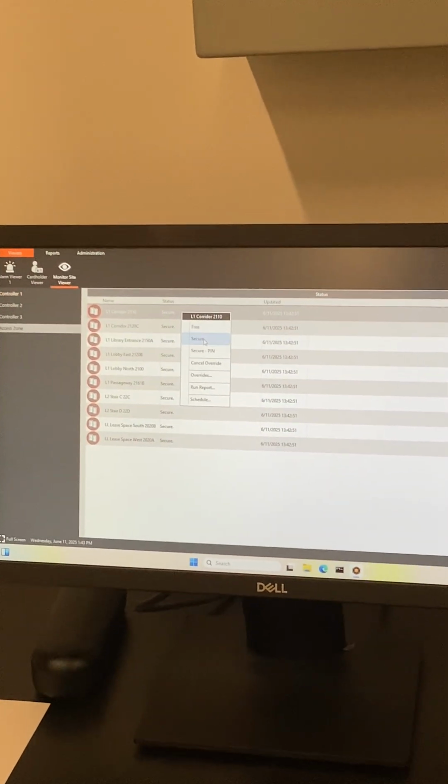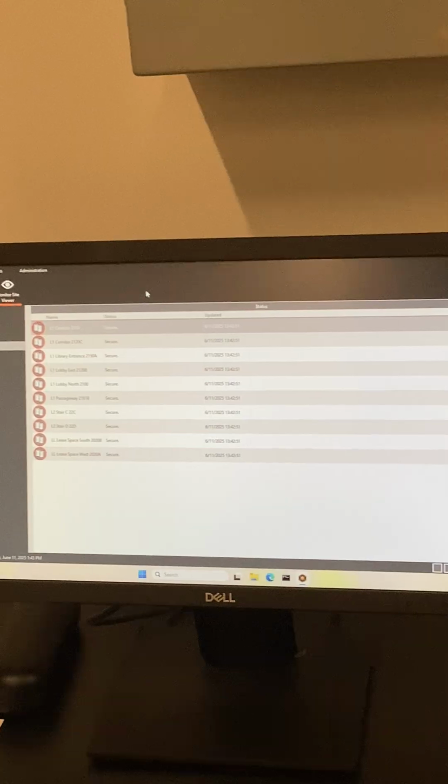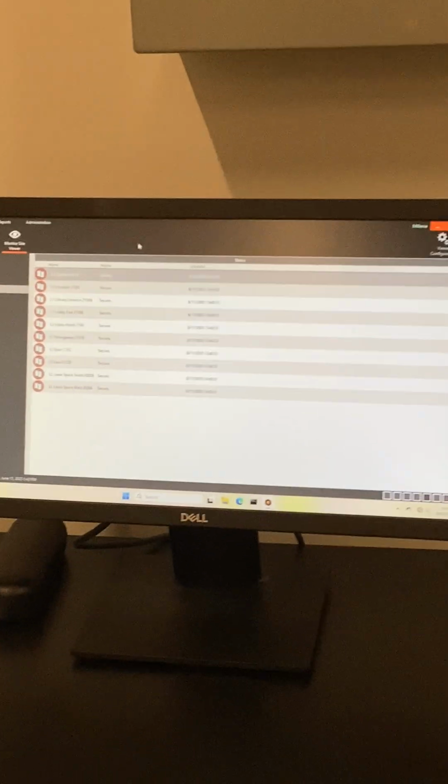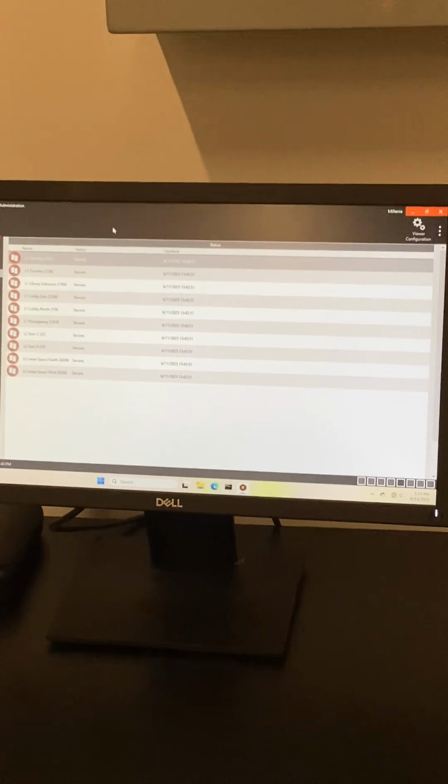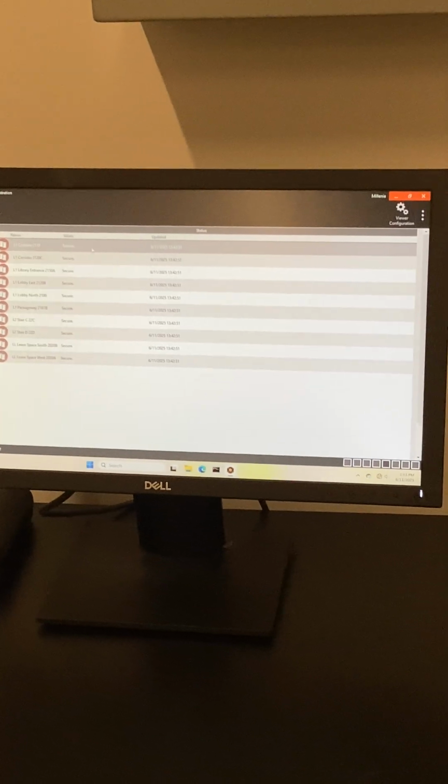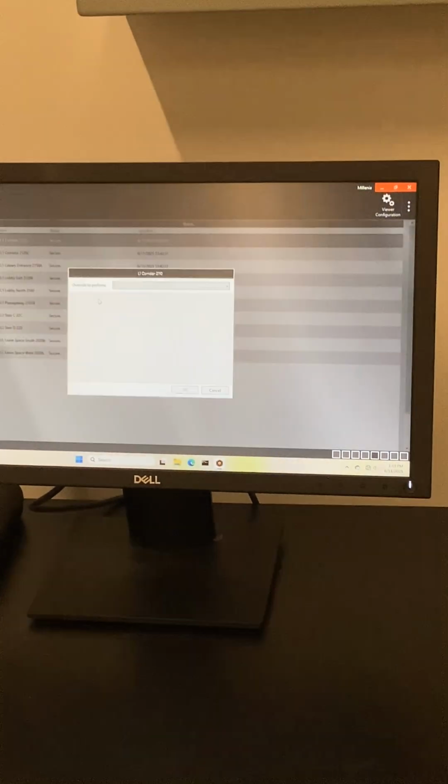Obviously they are going to be running special events here at some point in time. I guarantee they will. Timed overrides to the base schedule. Yeah, if you go to overrides,